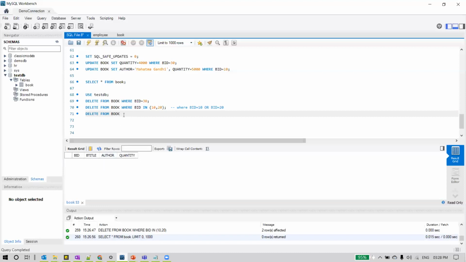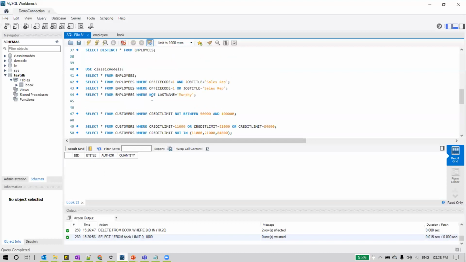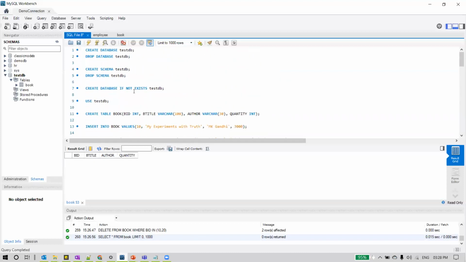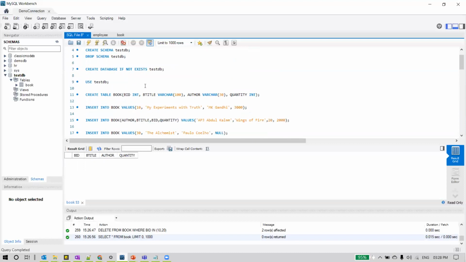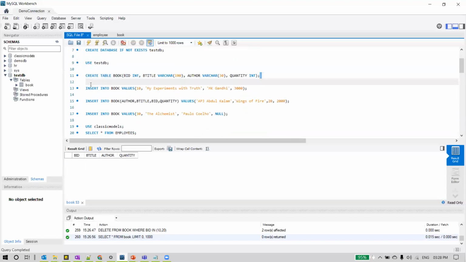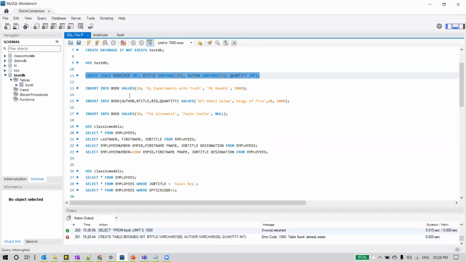And now we wanted to delete all the rows from a table. So I am not interested in specifying any where condition here, as I want to delete all the rows from the table. So how to do that? As we don't have any rows here, let's create it again. In the last session we created this table, right? So I'm going back to that command. With this command you can create the table. Let me create it again.